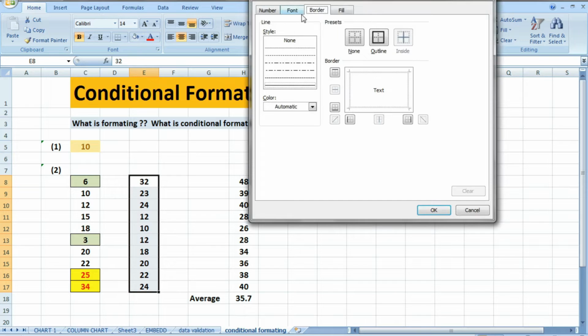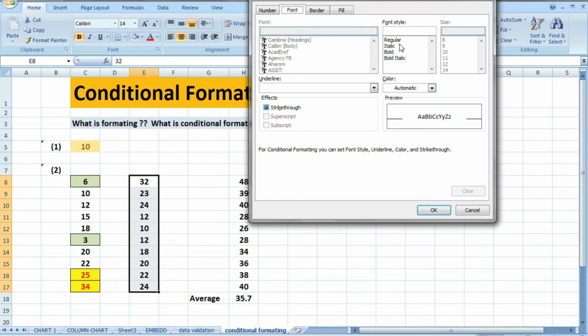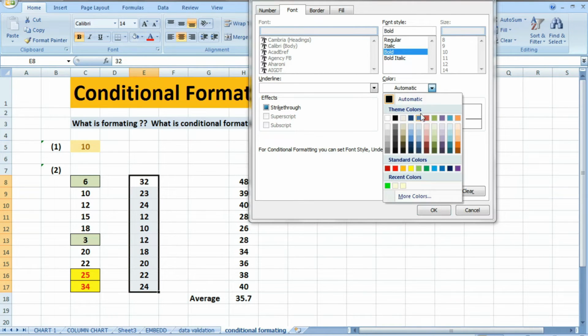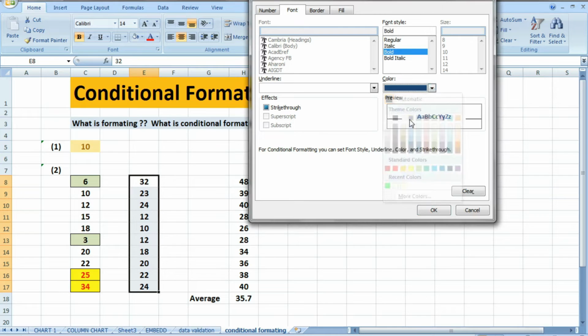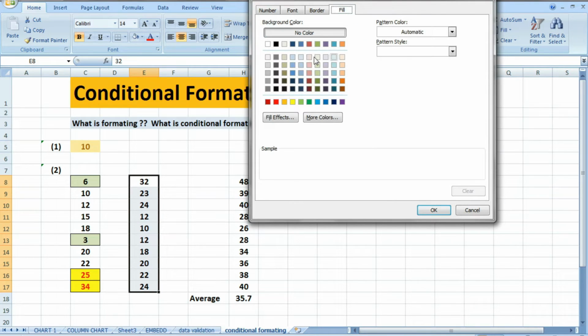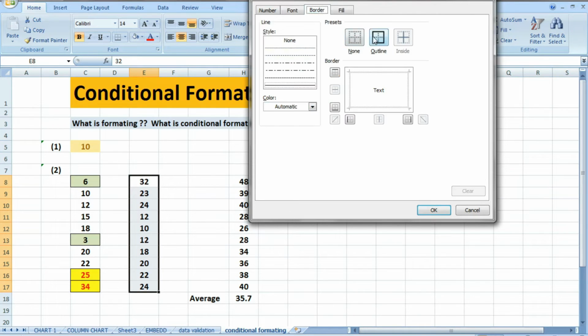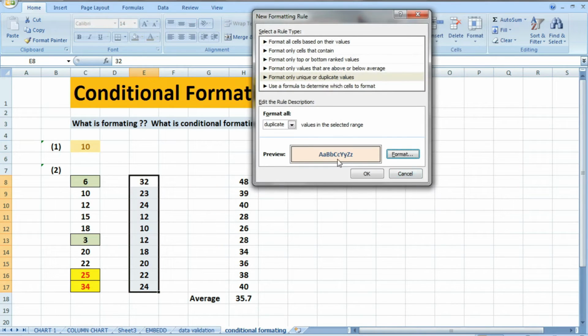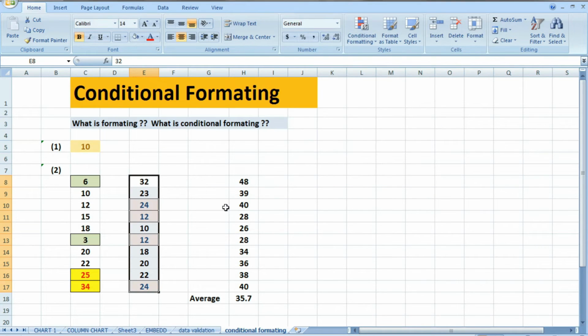Suppose it should be bold, the color should be dark blue, and the background like this. Border also you want. So now the duplicate values will show like this. See, 24, 24 are the duplicate values and 12 are the duplicate values.